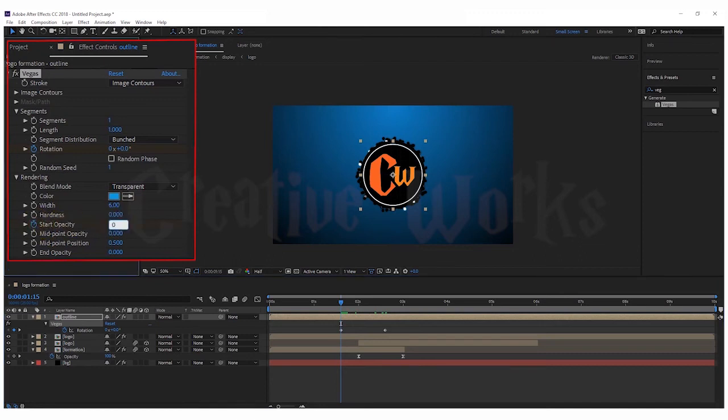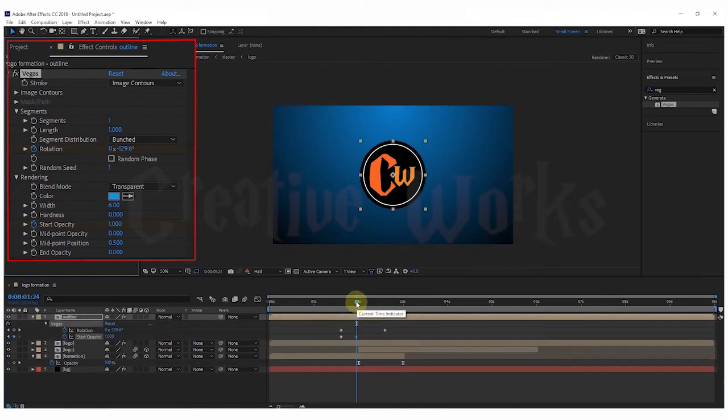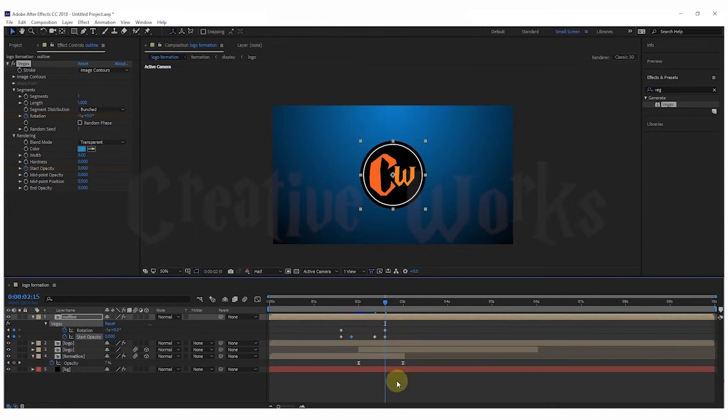Set value to 0. Go 1.24 in timeline and change the value to 1. Go 2.09 in timeline and create a keyframe. Go 2.15 in timeline and change the value to 0. Adjust keyframes as you wish.